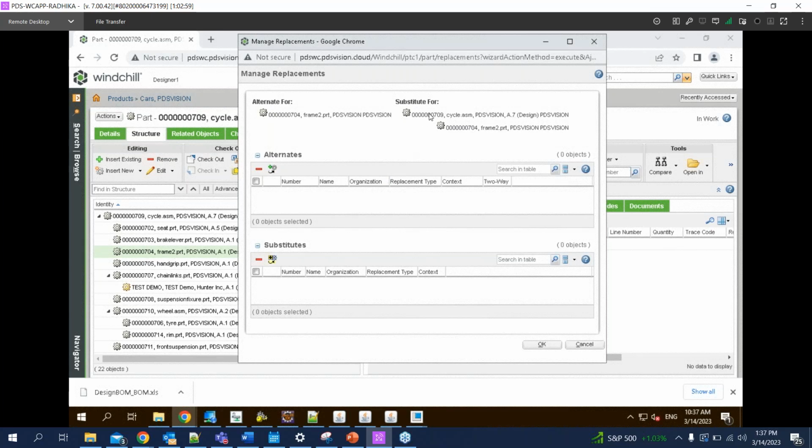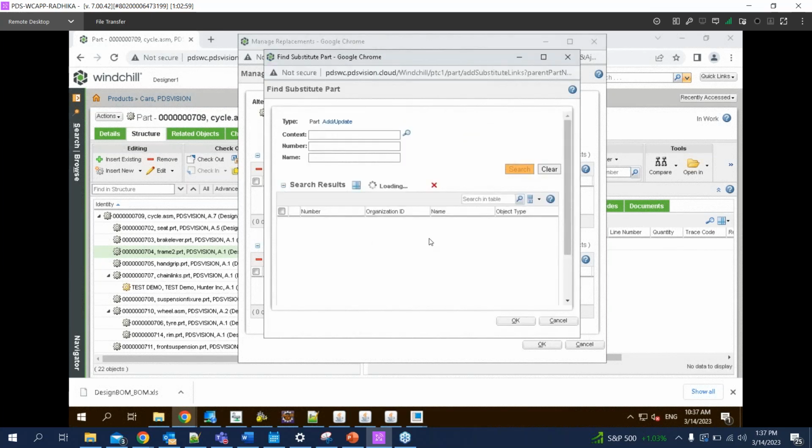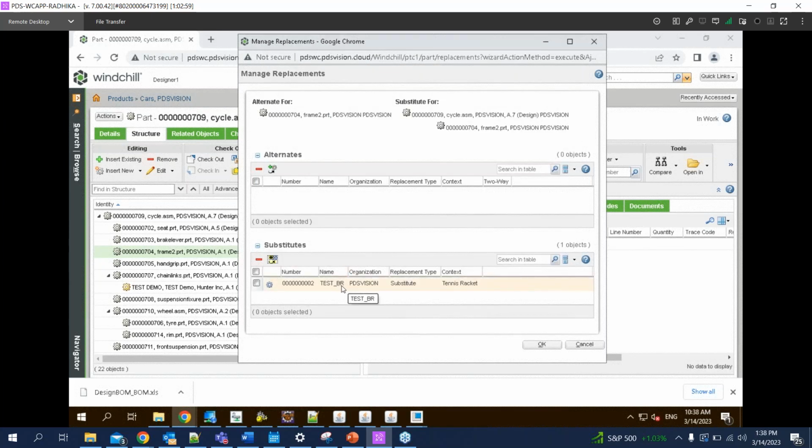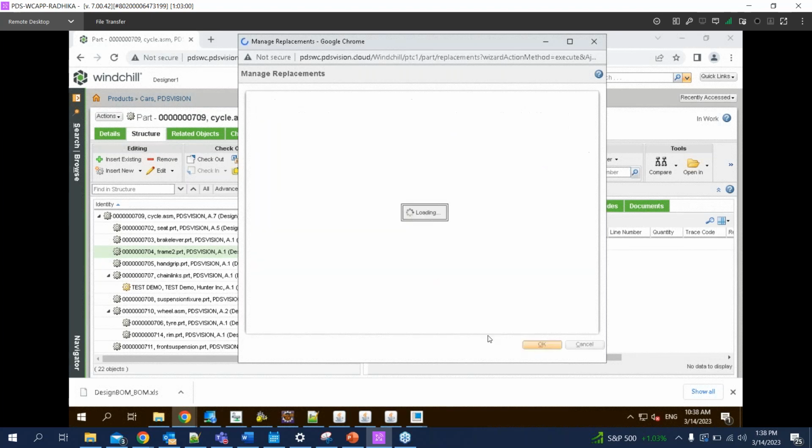When I say substitute, I can have a substitute for this frame 2 only inside this cycle assembly, nowhere else. So for example, if I go and add a substitute part here, let's search for any part in the system. I'm just going to take the first one as an example. Now this test part, if I click on OK,